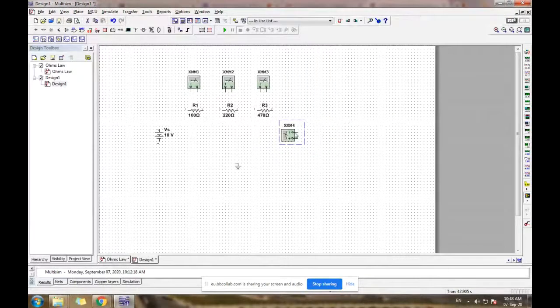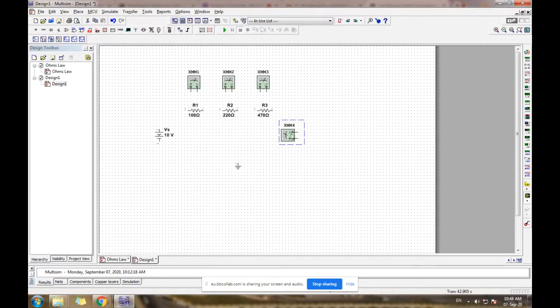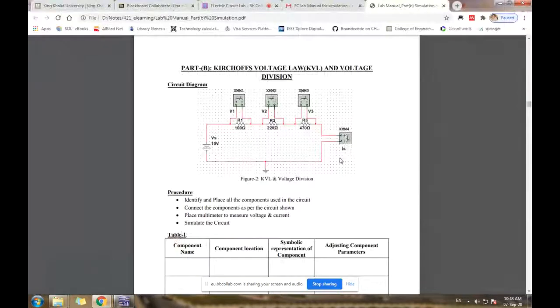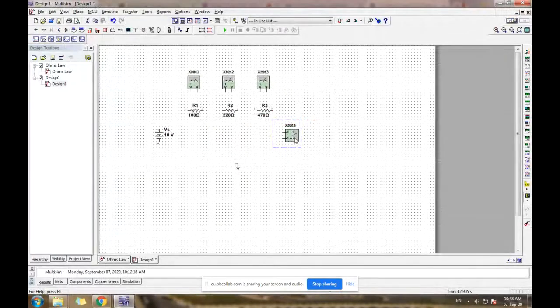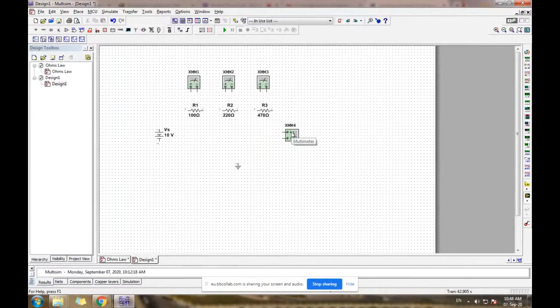Okay, so you can do it like me. You have to flip it 90 degrees clockwise, then flip it horizontal. Okay, you can check, the positive is up, the negative is down. But here negative is up, positive is down. So again flip vertical. So now it is okay, positive is up, negative is down. Any questions still here, brothers? Shall we make the connections?